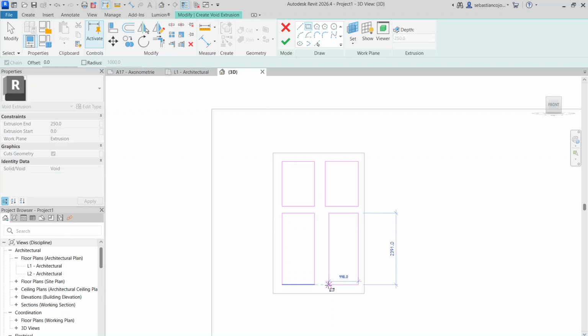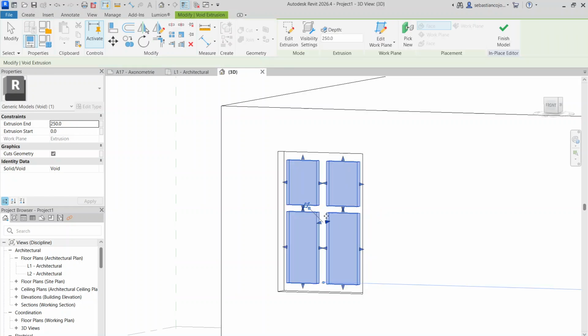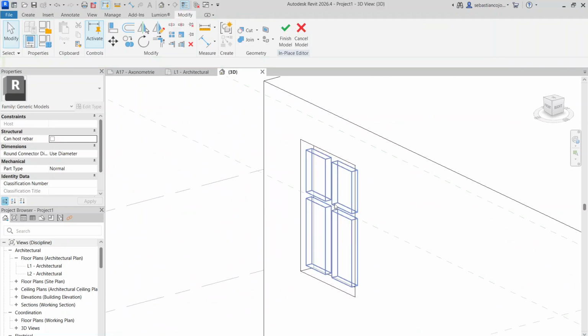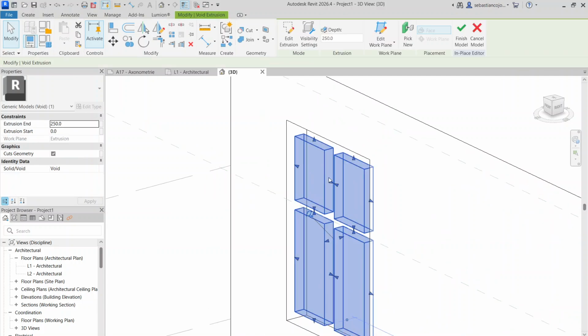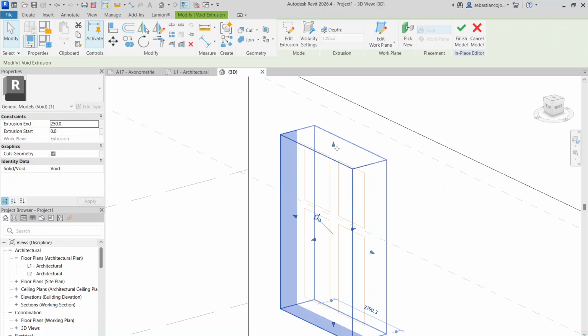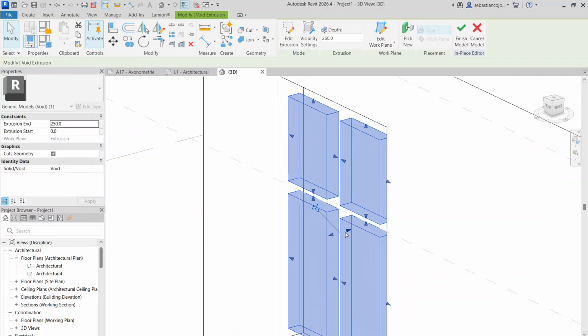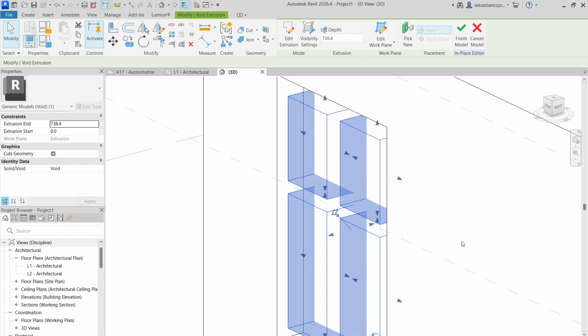You can create it however you want, but for the purpose of the video it will look something like this. As I told you, it is yellow because this greater volume was too much extruded, but no problem. I'll extrude these 4 volumes more to the back,